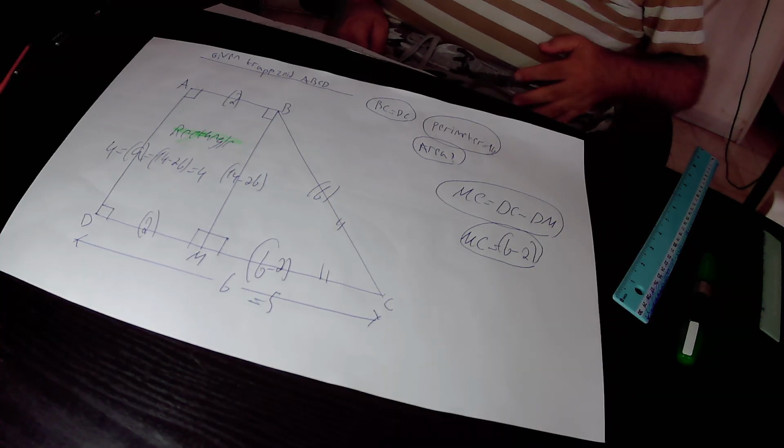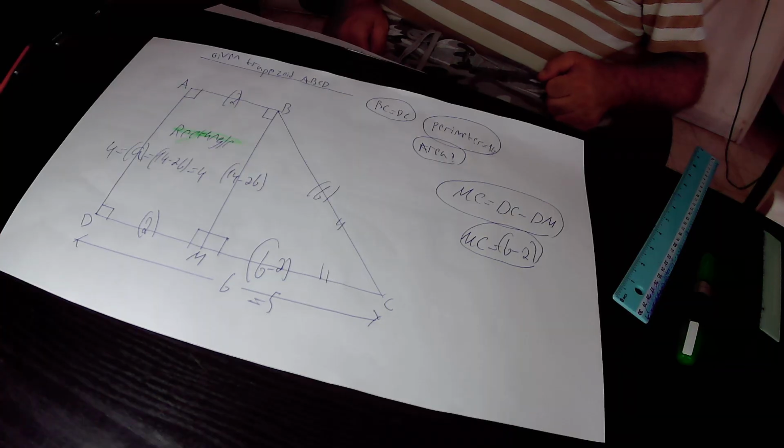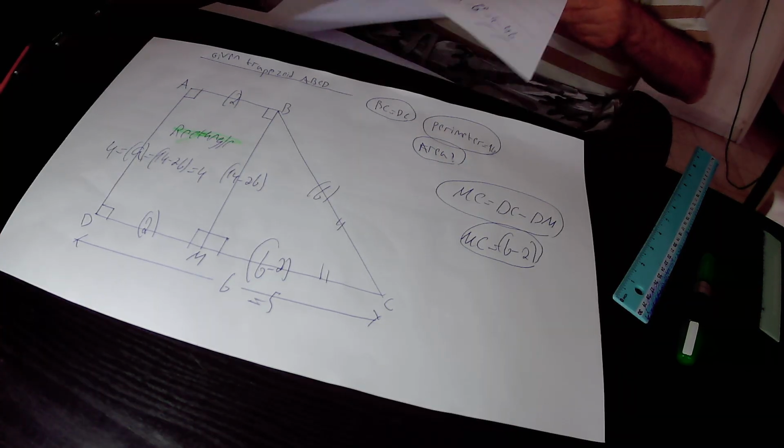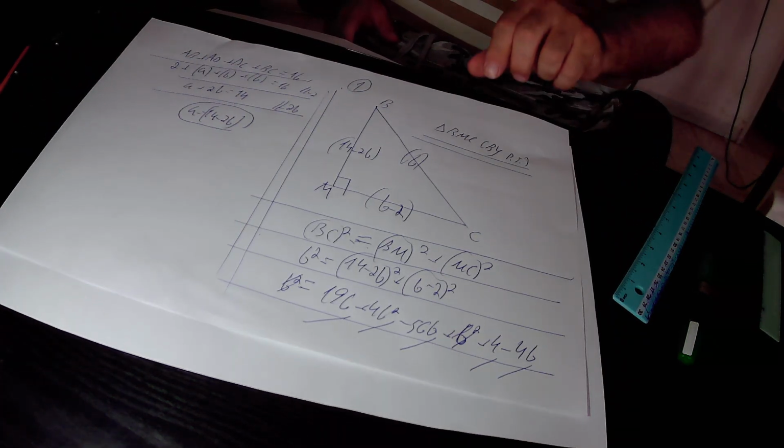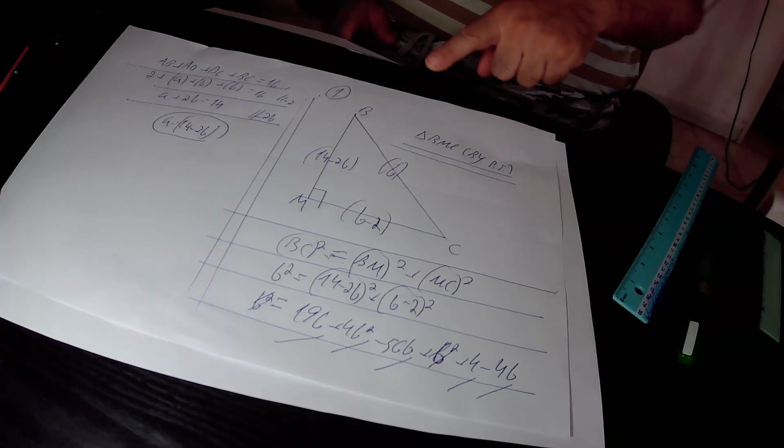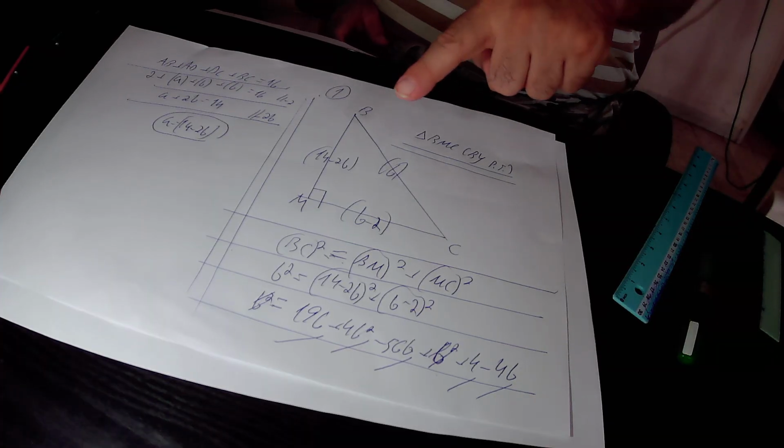According to the Pythagoras theorem, in any right triangle, the square of the hypotenuse equals the sum of the squares of the perpendiculars. This is the right triangle BMC that comes from the original drawing. In this right triangle BMC, BC squared, that is the square of the hypotenuse, equals BM squared plus MC